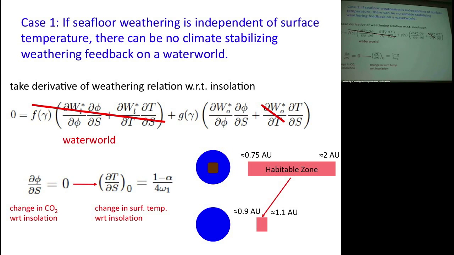And so what that means is your dT/dS, your climate sensitivity to external forcing, is just equal to its maximum value that it can take, as long as I'm assuming there's no positive weathering feedback. So you just get the maximum possible value. Every unit of S goes into a unit increase of T, and this is the change you get in the habitable zone. So here's the sort of schematic picture of what's going to happen. You go from a planet with some land and a lot of ocean, some sort of relatively wide habitable zone like this, and now all of a sudden, on the water world, these are your habitable zone limits. So it's an order of magnitude smaller. And so all of that follows just from these basic assumptions.